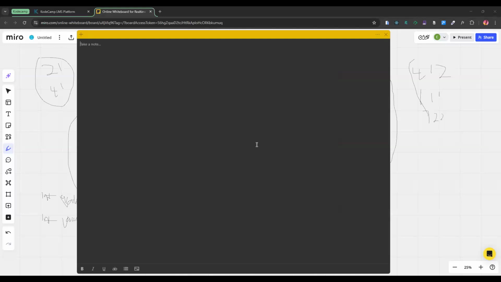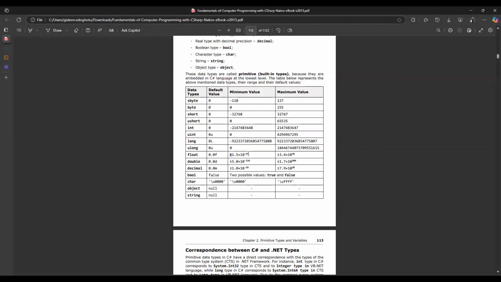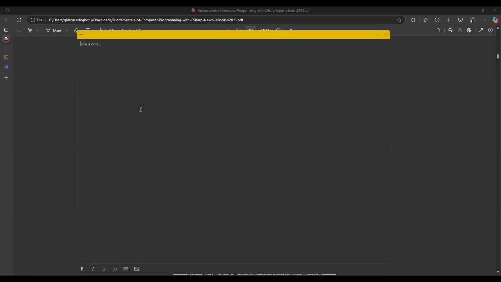Yes, sir. All right. So this statement now, let's go back to this, what it means to have this. It ranges from this to this. Let's go to the code. So it means this 1.5. When you see 1.5 times 10 to the power minus 45, don't mind this, the sticky notes didn't put this one at the top. So this means 10 to the power minus 45, right? So what it means is it ranges from